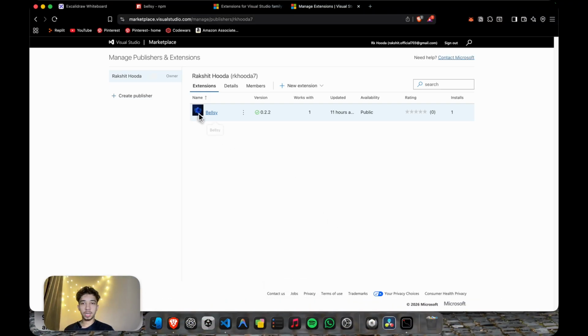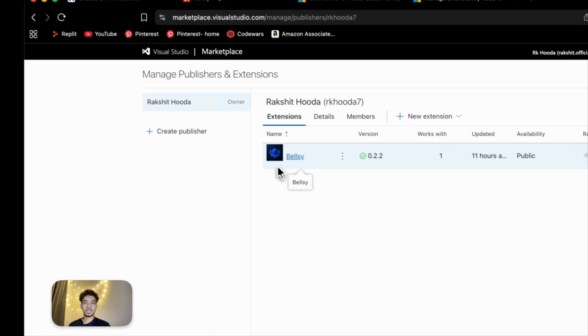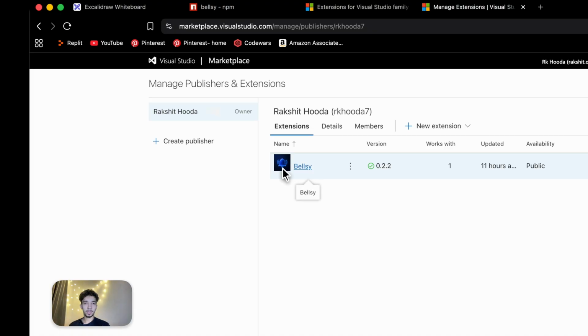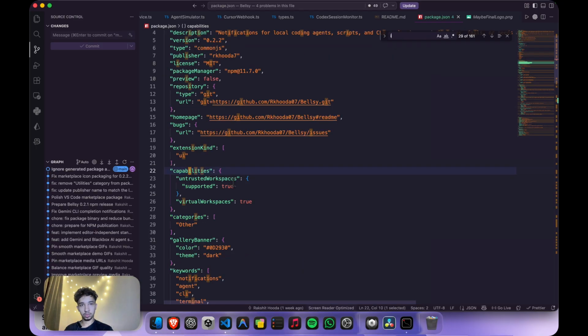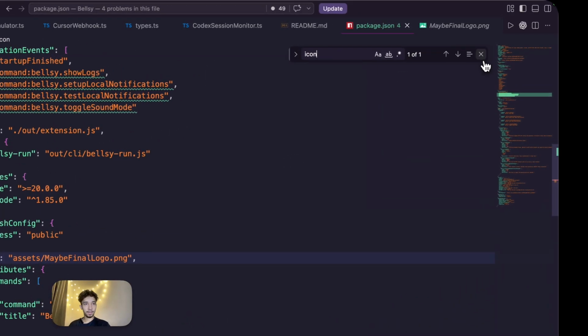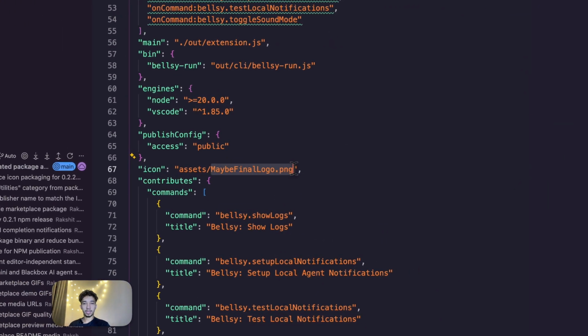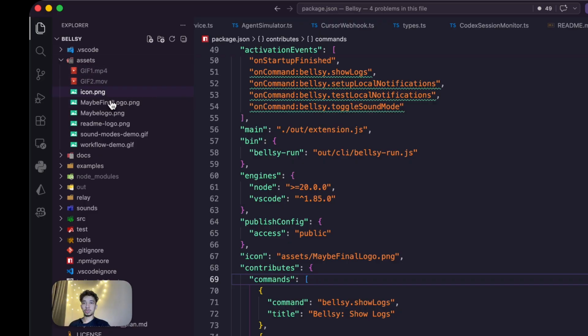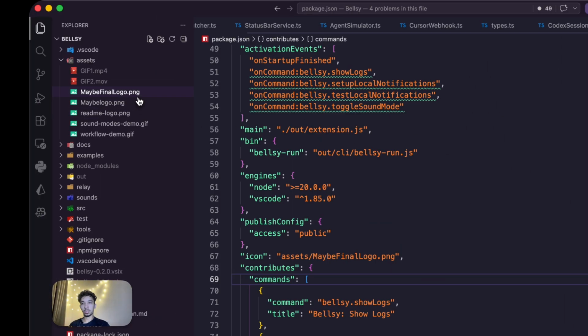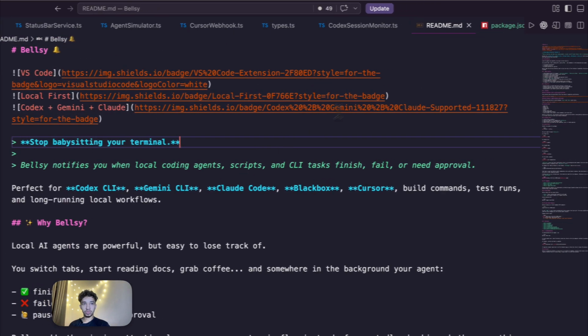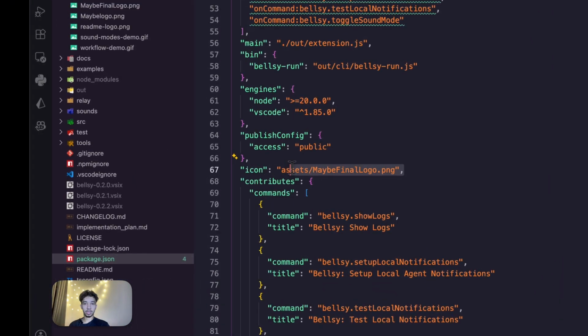Okay, so I fixed this icon issue right here. When I published it, the icon was a different image because of the path of the file. The path of the logo was a bit different. Let me show you. Icon, yeah, here it is. Before it was icon.png, which is a different image. Let me show you. It was this one. It is a distorted one. I don't know why it is still there. So there were a couple of images for the logo, which confused me, and I ended up using the